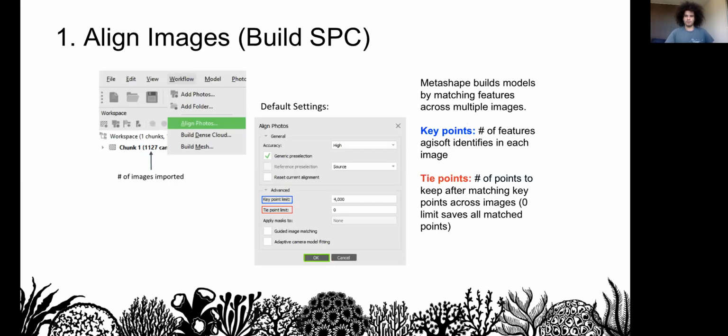After you import the images for one model, you can align them together to create the first 3D object in our workflow, the sparse point cloud, which again provides the bones or underlying geometry of the 3D model. When you click on Align Photos under the Workflow tab, this box in the center will pop up, allowing you to choose settings with which you align your images. The default settings should be as depicted here, but to restate it again,